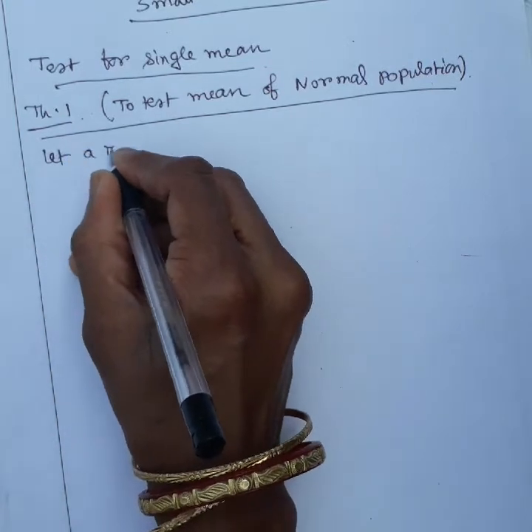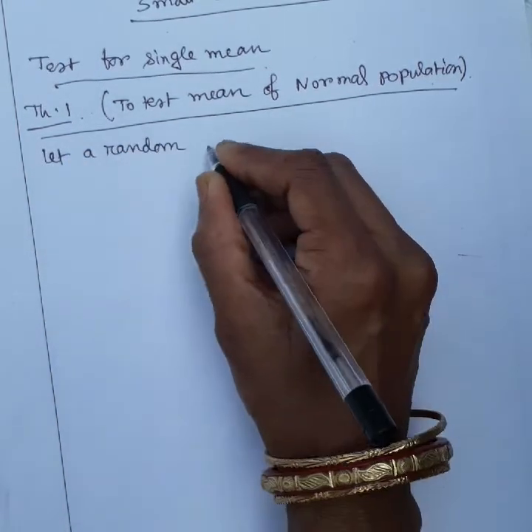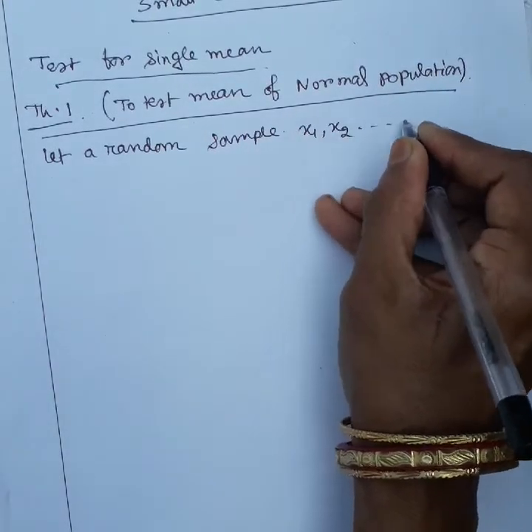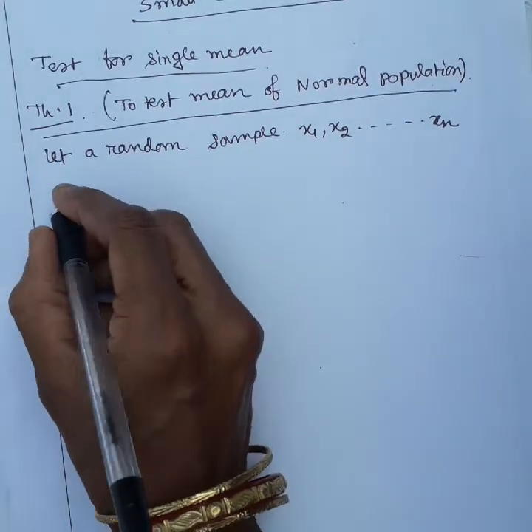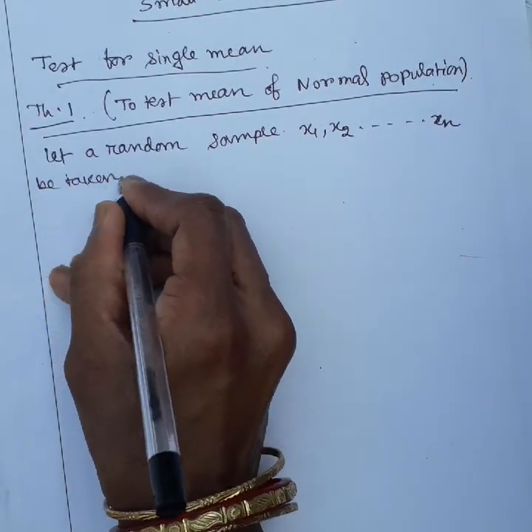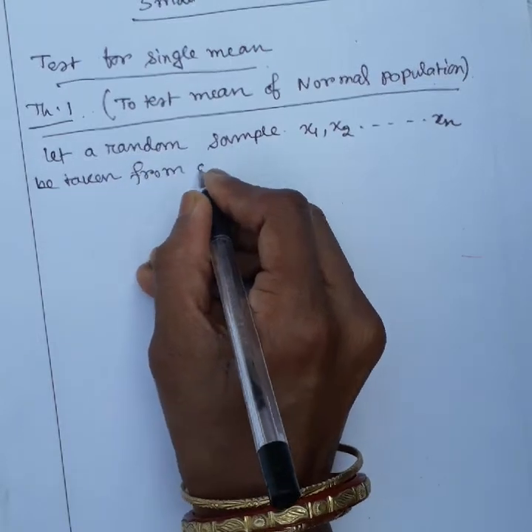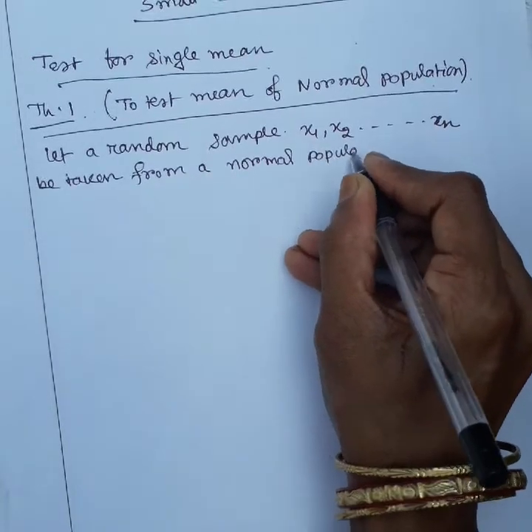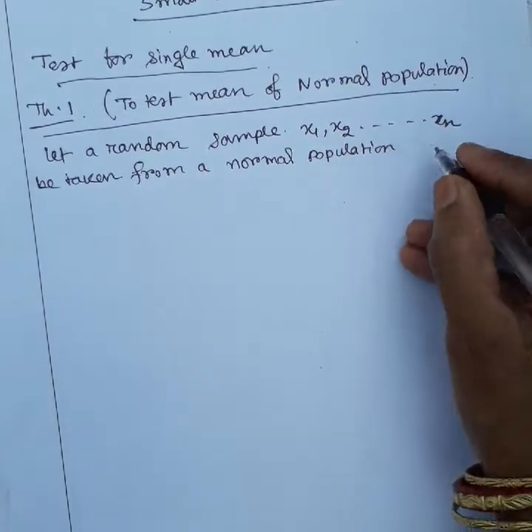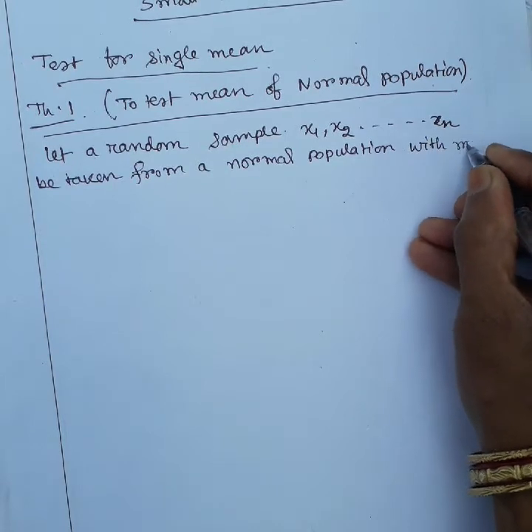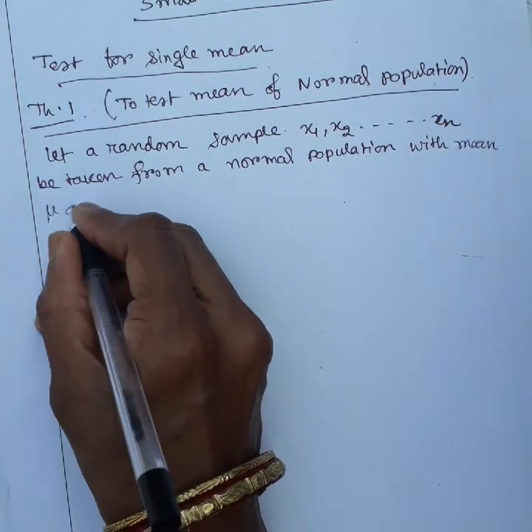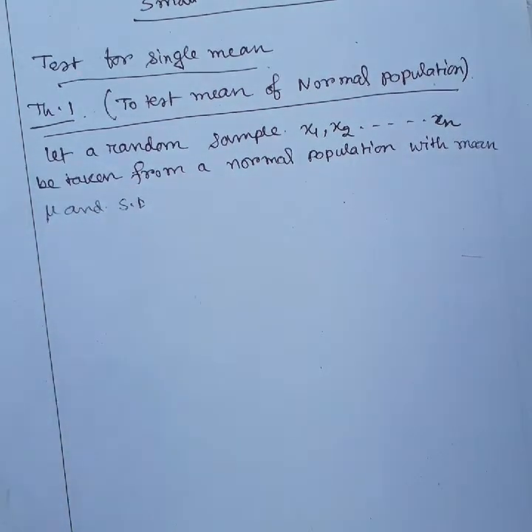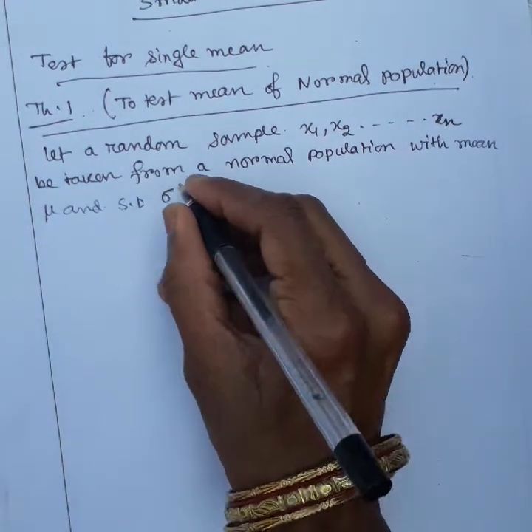Let a random sample x1, x2, up to xn be taken from a normal population with mean mu and standard deviation sigma,